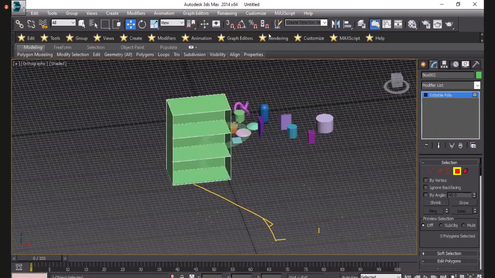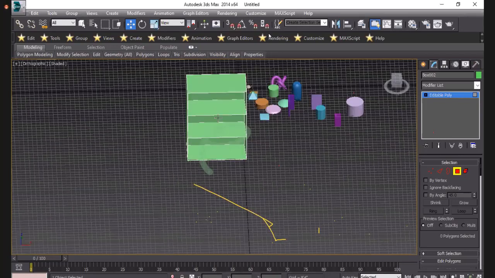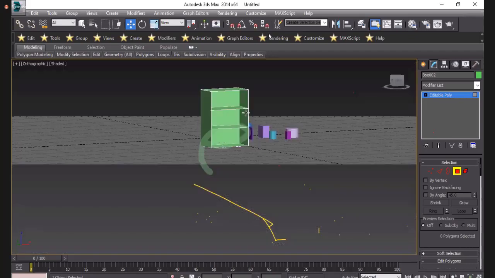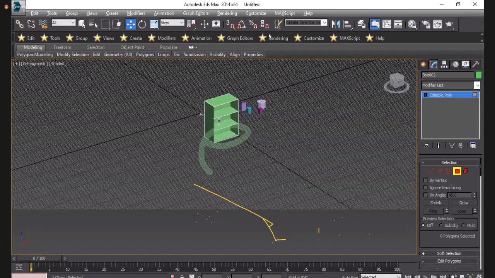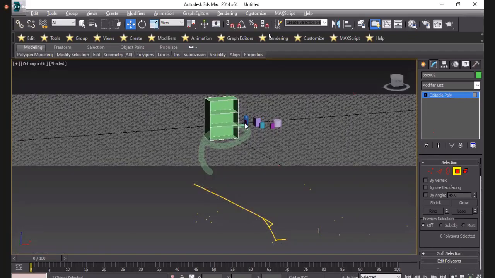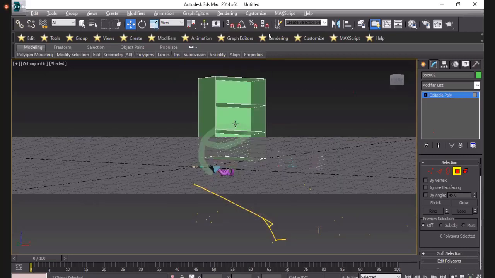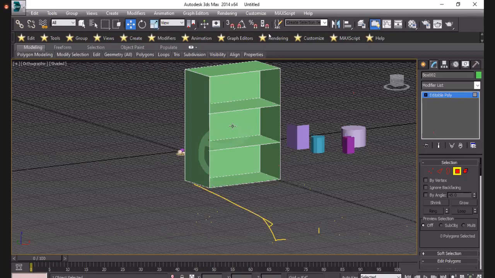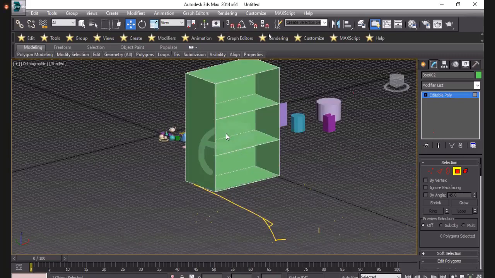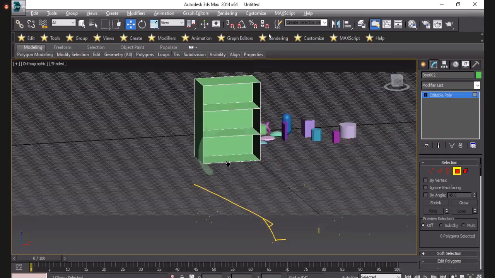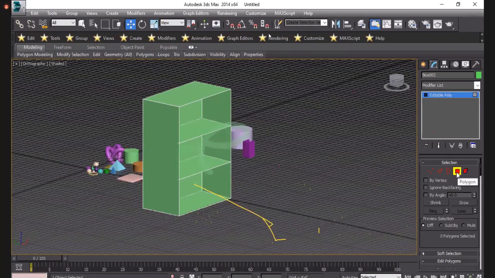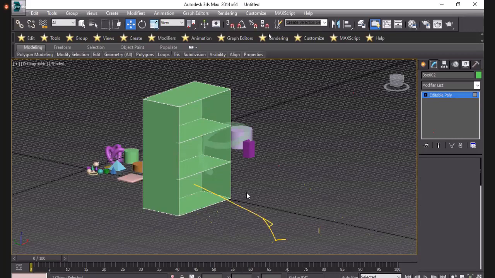So you can simply change your object into this type of box. It looks like our cupboard where we place books and whatever we want. So like that, it's a use of editable poly and this polygon command. If I want to edit, then I edit like that.